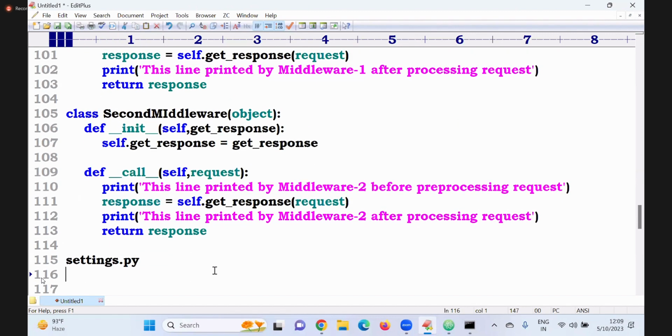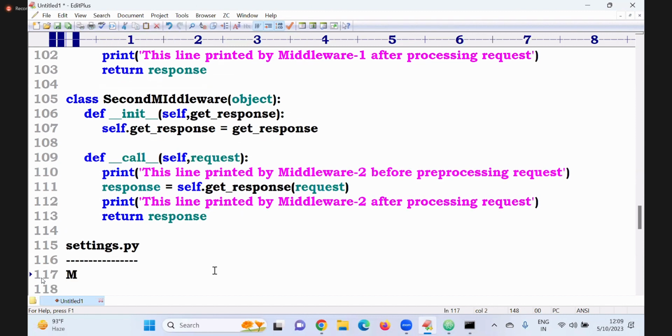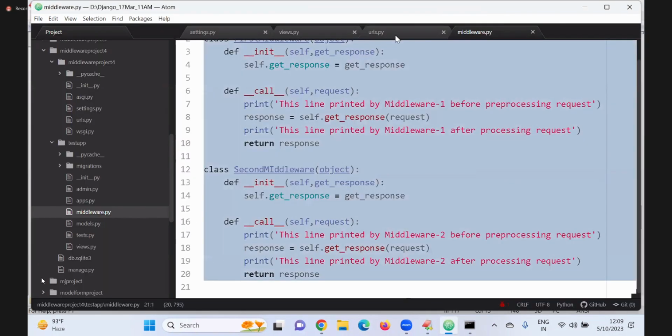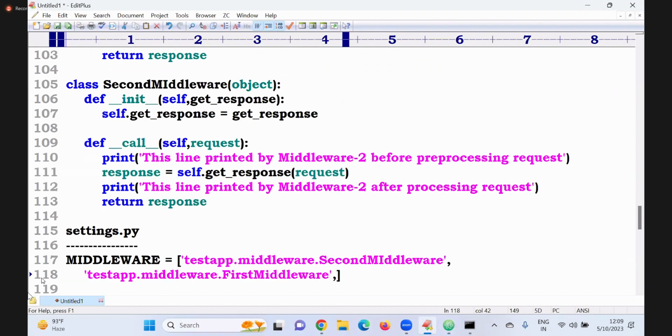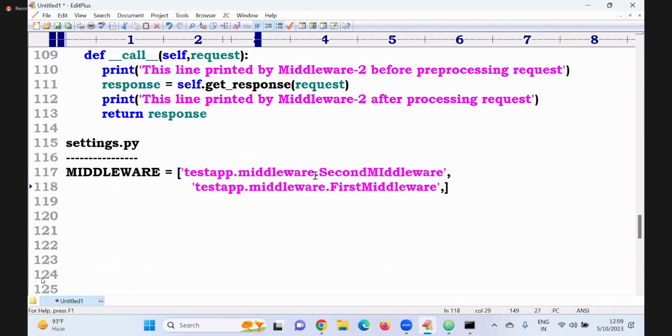In settings.py, try this. First give first middleware, next you can use second middleware.